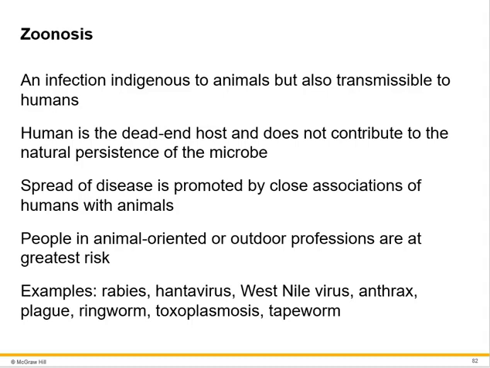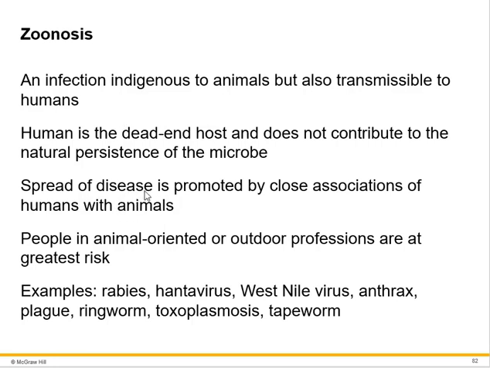Rabies, hantavirus, West Nile virus, anthrax, plague, ringworm, toxoplasmosis, tapeworm, even influenza at one point may have been in an animal and be transmitted to humans. So all of those are examples where the human is usually the dead end host. It doesn't contribute to the natural persistence of the microbe,